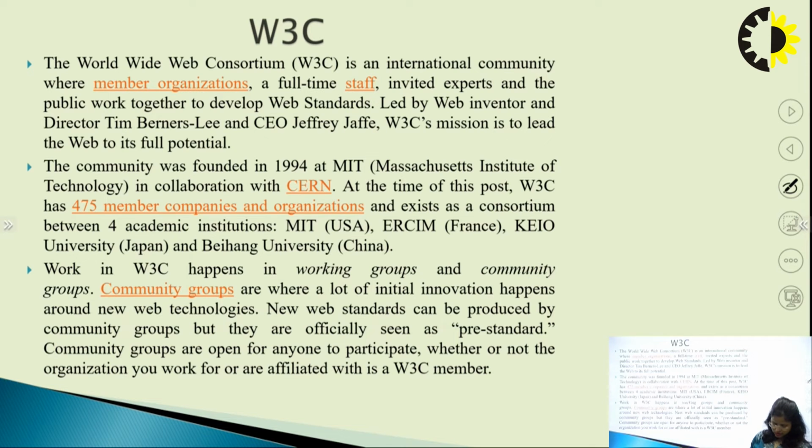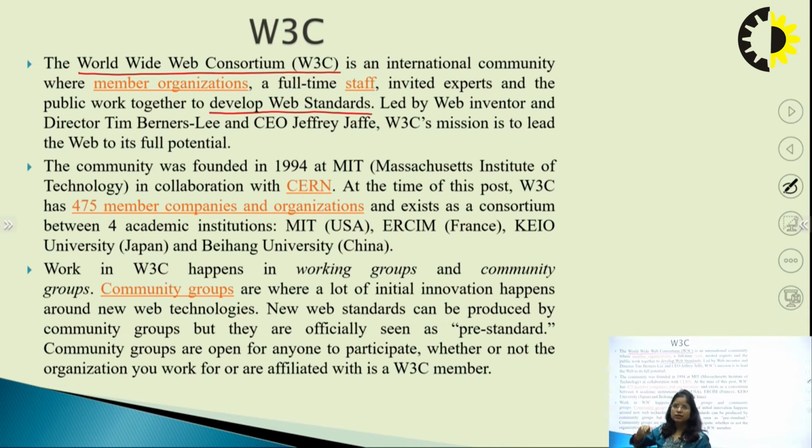What is W3C? W3C stands for World Wide Web Consortium. This is an international community where member organizations, full-time staff, invited experts and the public work together to develop web standards.